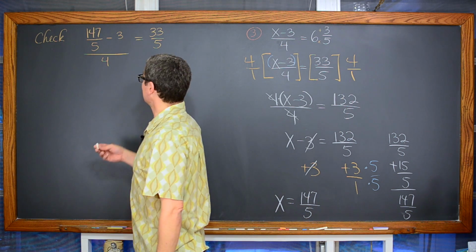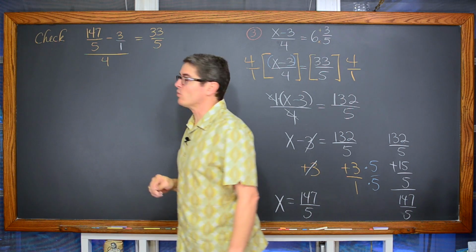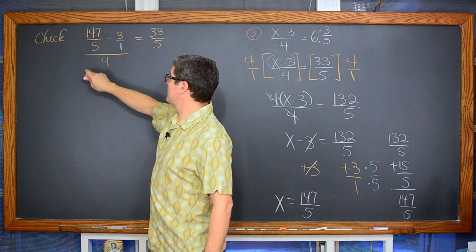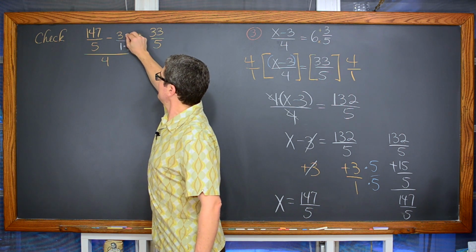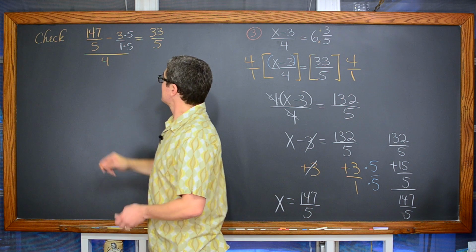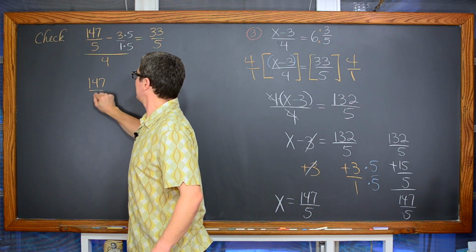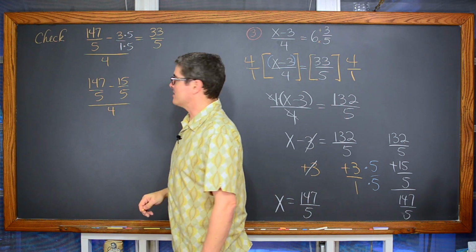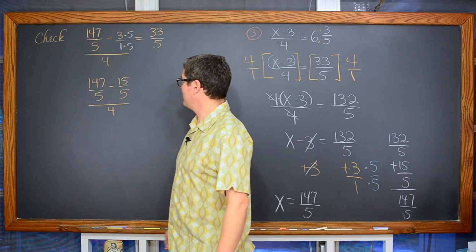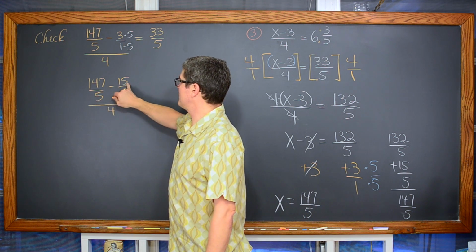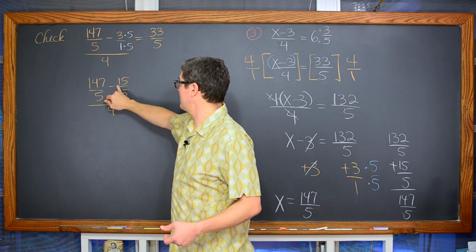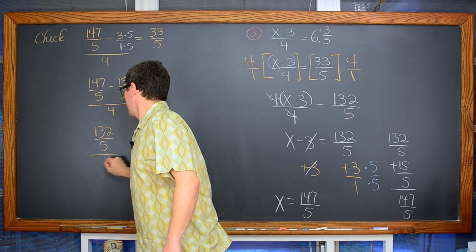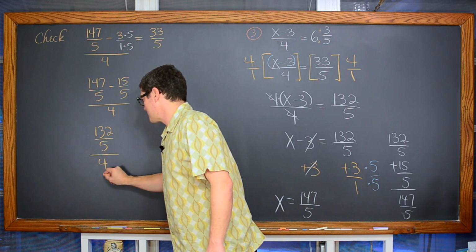I know it's easier because you have your calculator, but we're going to go ahead and put this 3 over 1. We're going to combine those fractions, and this time we have a denominator of 1. We're going to multiply that by 5 in the numerator and denominator. That is going to be 147 over 5 minus 15 over 5, over 4. See, just going the reverse way over here. So 147 minus 15, well 147 minus 10 is 137. Now minus 5, 132. That is all over 4. By the way, that's 4 over 1.